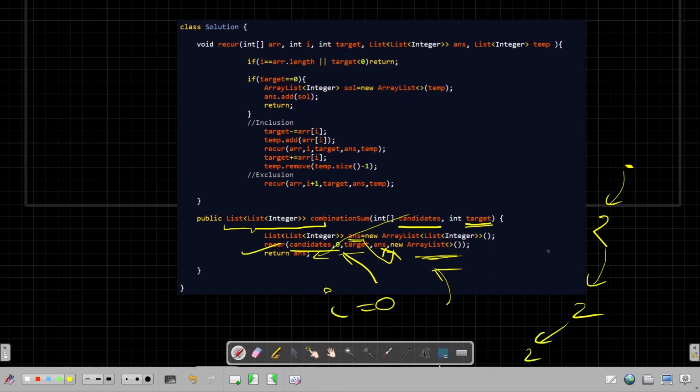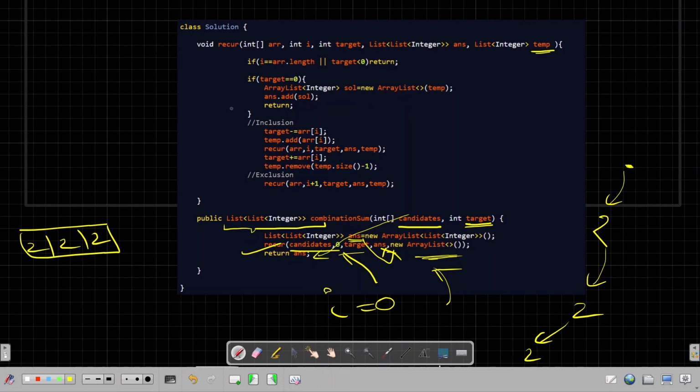So to store these 2's, I'm using an array list. I'll store these 2's in the array list, and if it's a valid combination, that is it results in target being 0, I'll store that in my final answer array of arrays. So that's why I am using this array list temp.